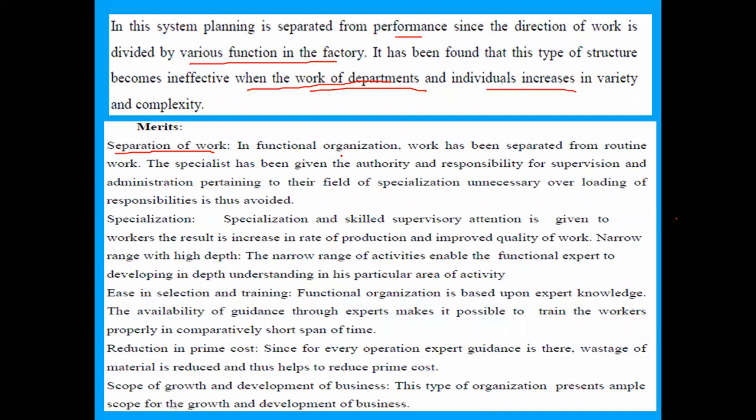Next, the specialist has been given the authority and responsibility. Whenever you have made a specialist, you should give authority and responsibility for supervision and administration pertaining to their field. Overloading of responsibilities should be avoided. So whenever you have the functional type and it is being segregated to other places, automatically we have to separate the work and give it to other people. Next,